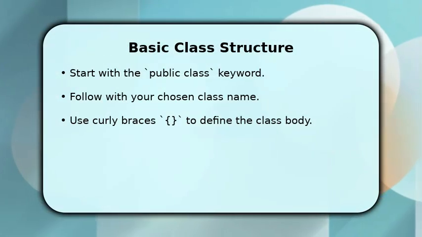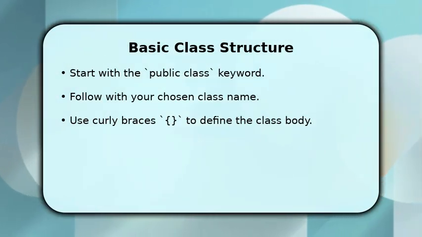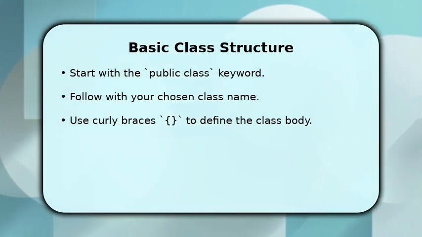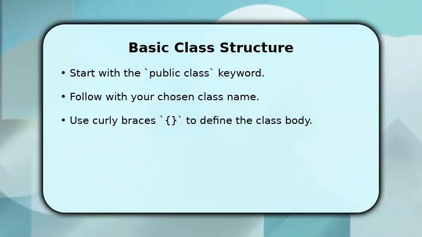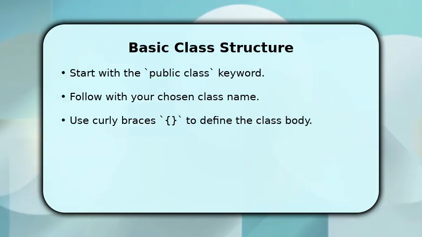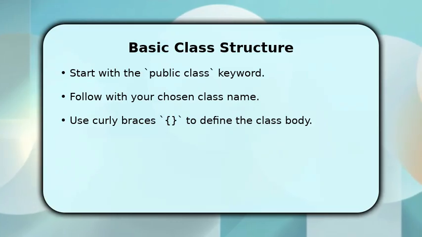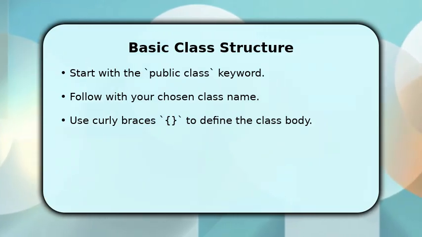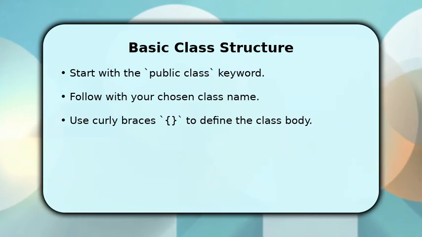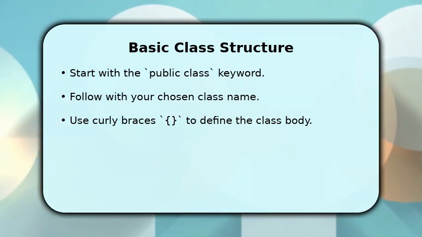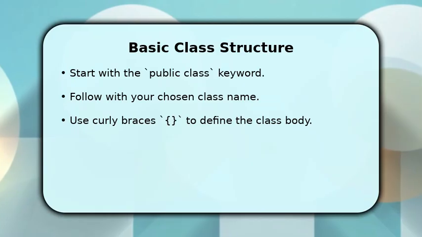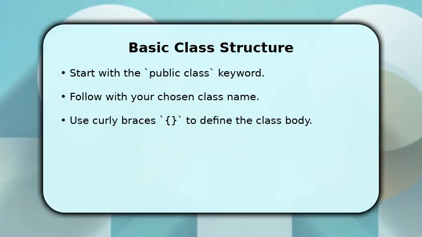To begin, open your preferred text editor or integrated development environment. Type the public class keywords, followed by your desired class name. For instance, public class MyFirstClass. Immediately after the name, add a pair of curly braces. These braces, one opening and one closing, will encapsulate all the methods and variables that belong to your new class,